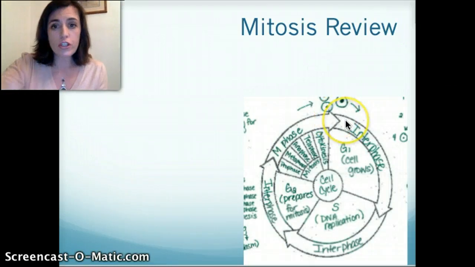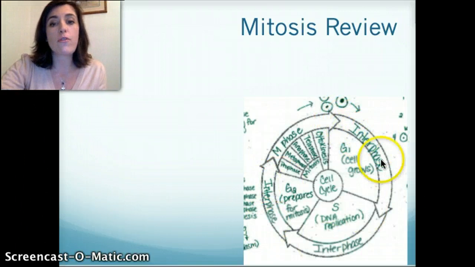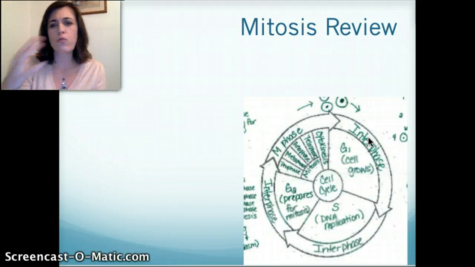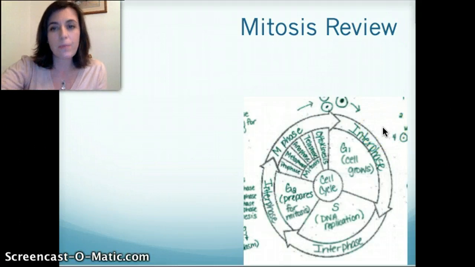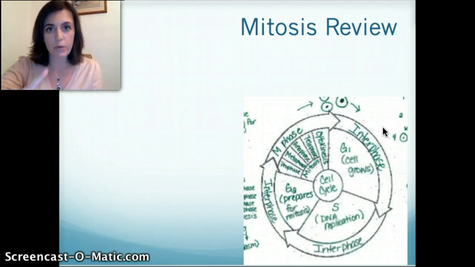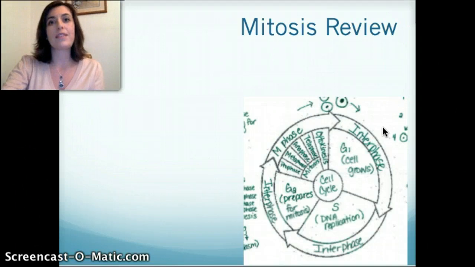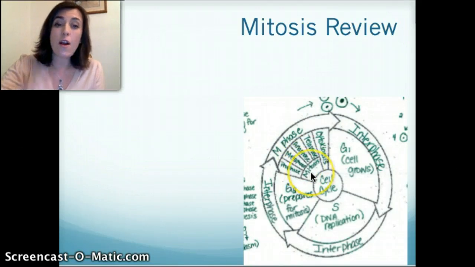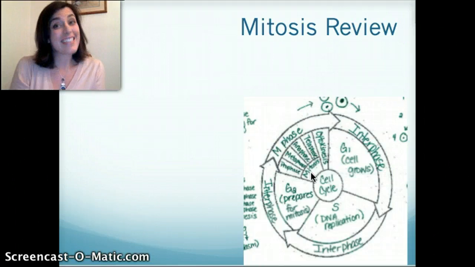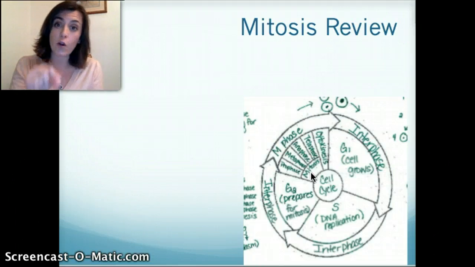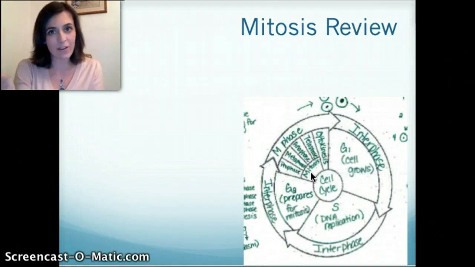But in order to do so, we have to go through the stages. Remember that we go through interphase first, and then we go through M phase. Remember the interphase is that stage where you're growing and you're replicating your DNA, and then you're preparing for mitosis. And then your M phase is where you actually start to split up. And remember, the splitting up of the cell happens in two stages. First, we have to split up the nucleus, then we split up the cytoplasm. And when we split up the nucleus, that is called mitosis. But then when we start to split up the cytoplasm, it's called cytokinesis. Got it? Cytokinesis, splitting up the cytoplasm. Easy way to remember it.